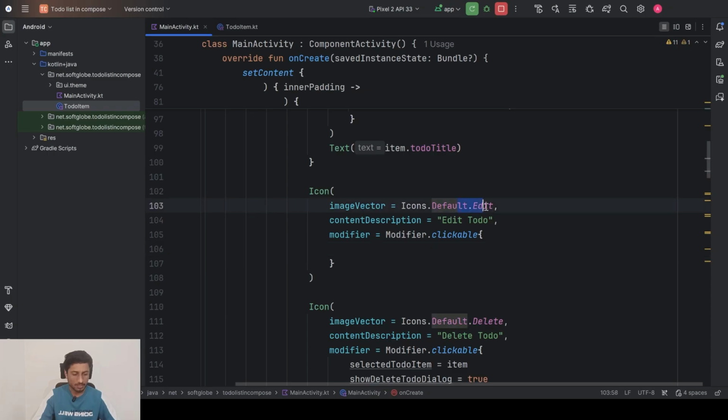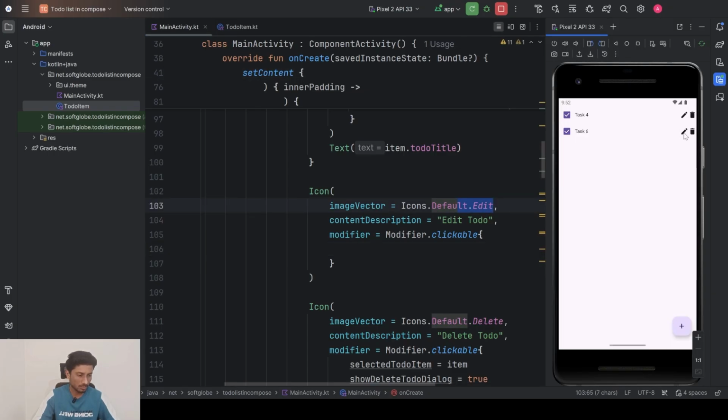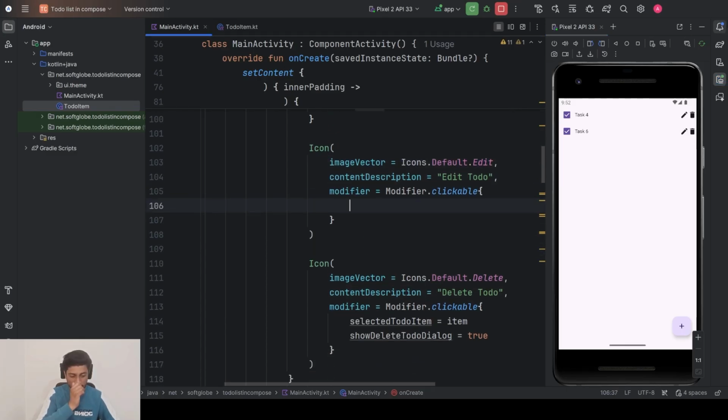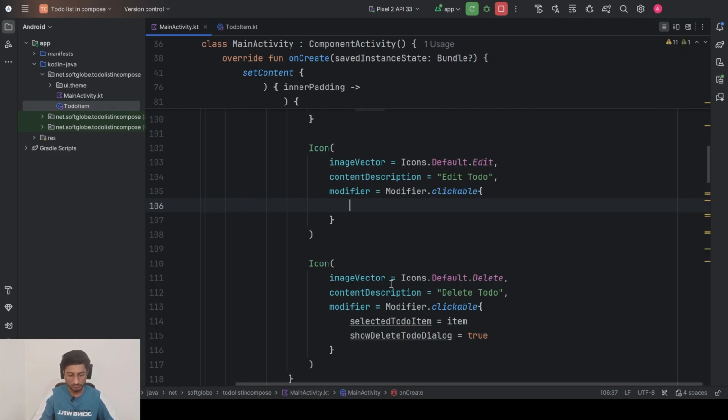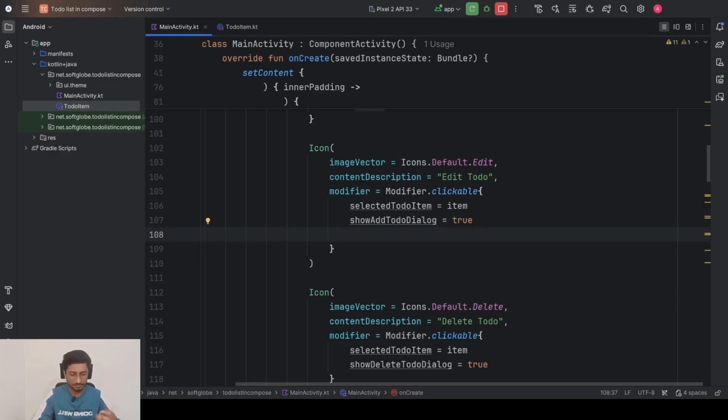So this is the edit pane. There is an edit icon. This icon, is this one. So for that, after clicking on this one, what should happen? I should do this selected, assign the current value of the item to this global variable of selected to do item. The second thing I want to do is just show add to dialog so that the edit dialog should appear. And the third thing I have to do is, if I already have a